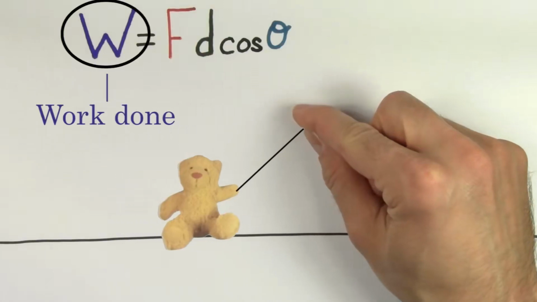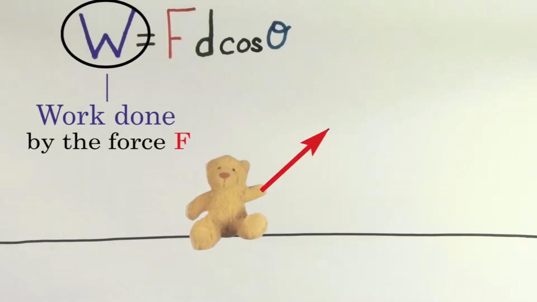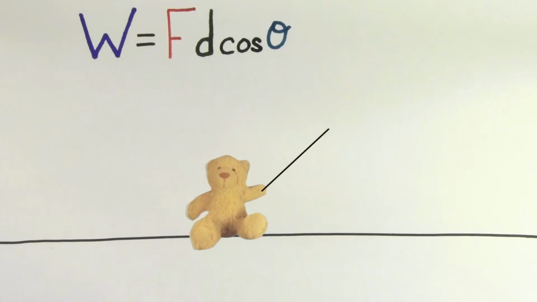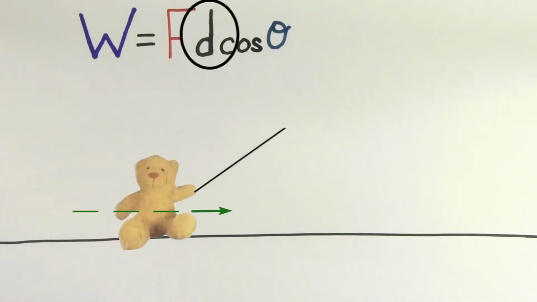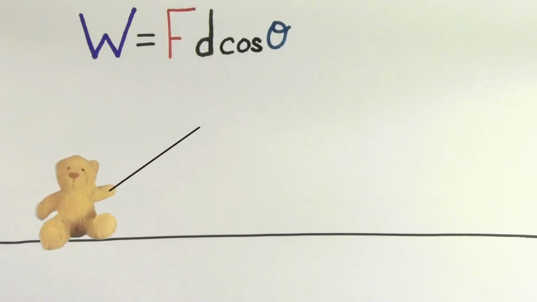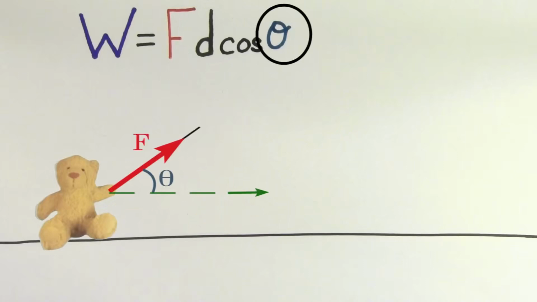W refers to the work done by the force F. In other words, W is telling you the amount of energy that the force F is giving to the object. F refers to the size of the particular force doing the work. d is the displacement of the object, how far it moved while the force was exerted on it. And the theta in cosine theta refers to the angle between the force doing the work and the displacement of